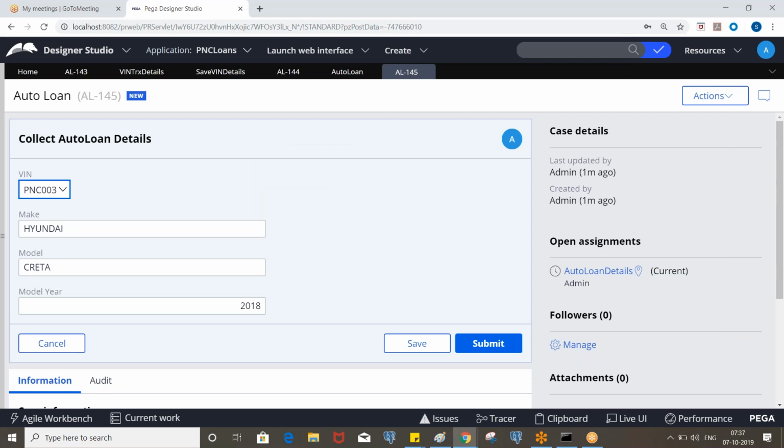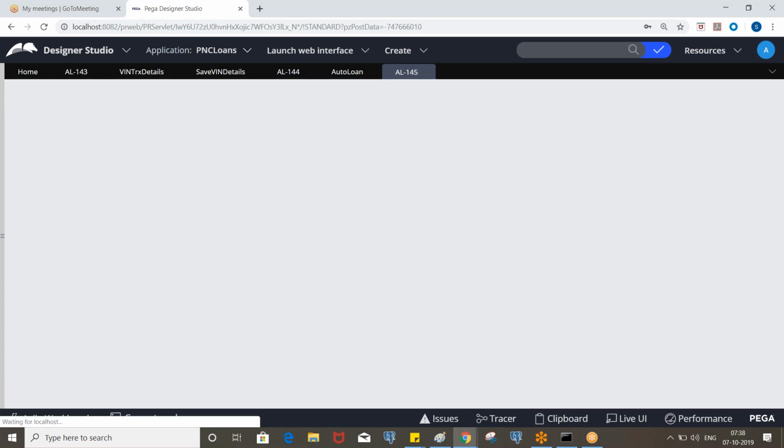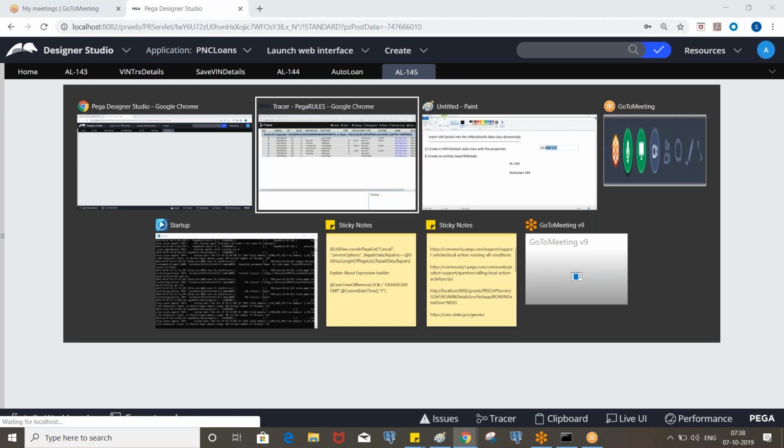So when will the activity be executed? When you click on submit. We invoked the utility after the third screen, the third flow action, right? So when you click on submit, the activity will be executed.